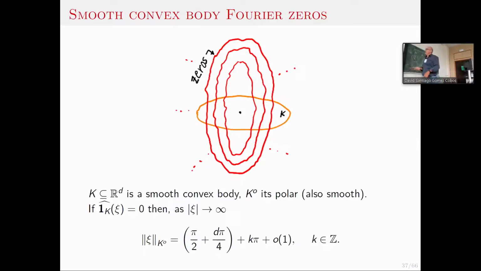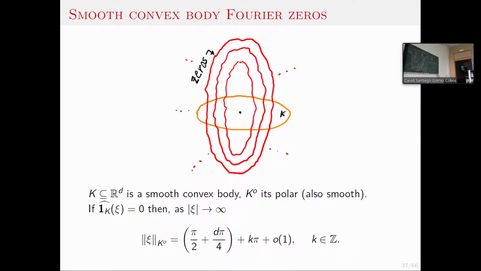People have studied the Fourier transform of this function in detail, and we know more or less where the zeros are. What do I mean by more or less? First of all, if you fix any straight line out of the origin and you go out like that, you will encounter zeros, a discrete set of zeros, necessarily, because it's an analytic function. As you go out, it's an asymptotic result, these zeros will be coming regularly, almost after a constant each time. And we know what the constant is,